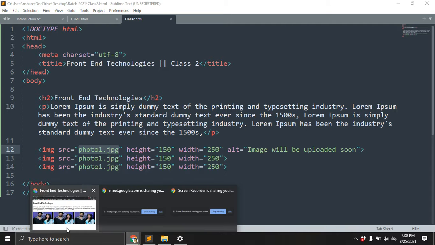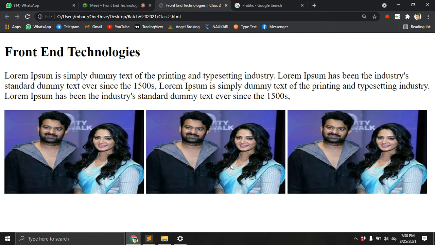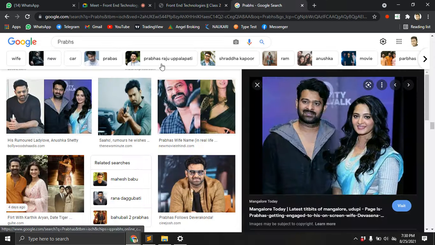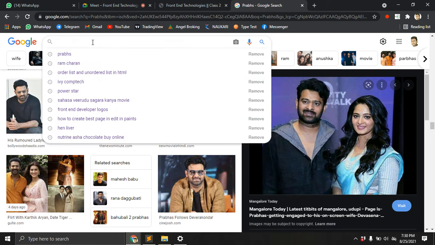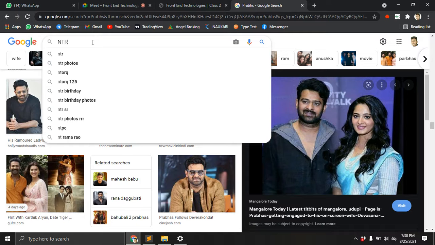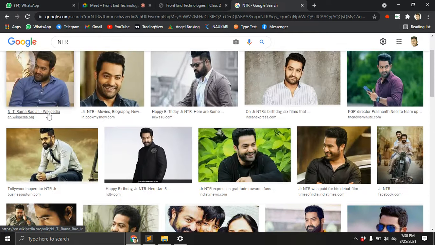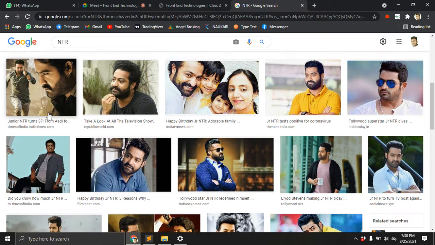Okay, I want to change the middle image here. Let's see. Okay, go to Chrome, select one new image. The name is NTR. I want to upload the image.